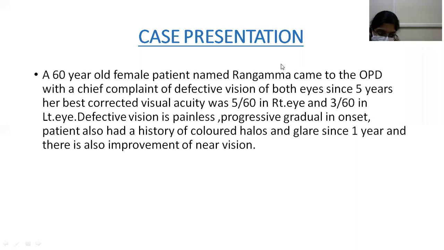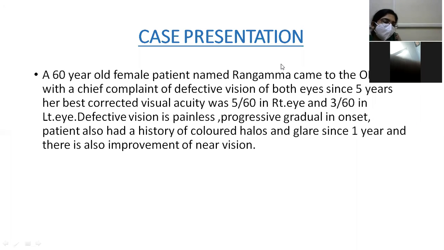Narendra, where do you see circumcorneal congestion? It is more marked around the limbus, ma'am. In which condition do you see it? Acute iridocyclitis and corneal ulcers. Where is conjunctival congestion more commonly seen anatomically? In the fornices, ma'am. Very good.